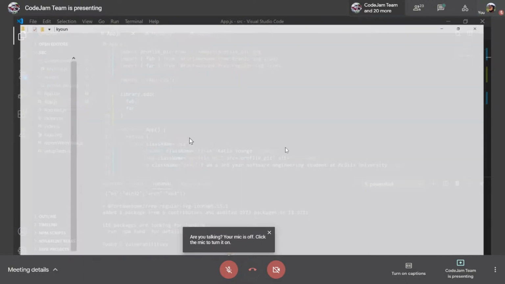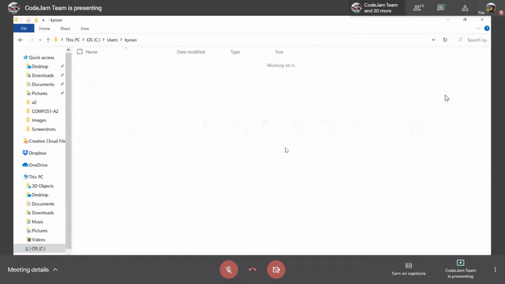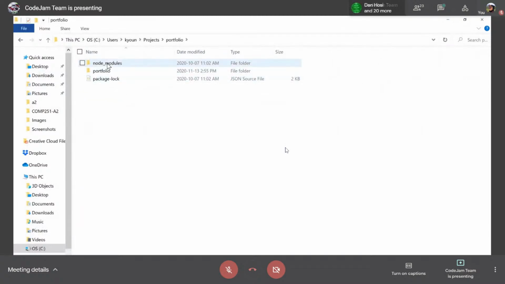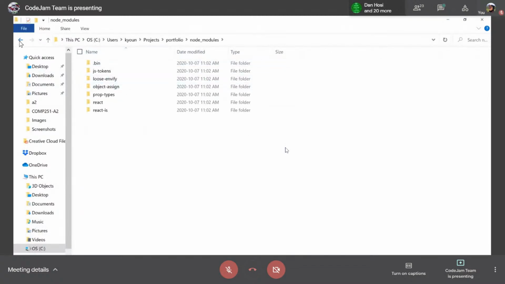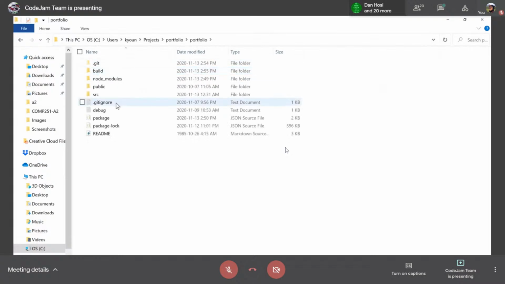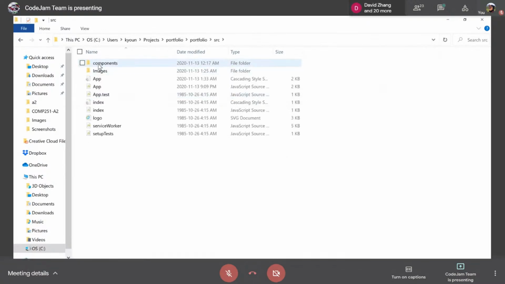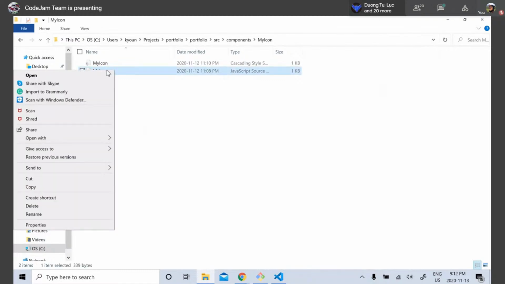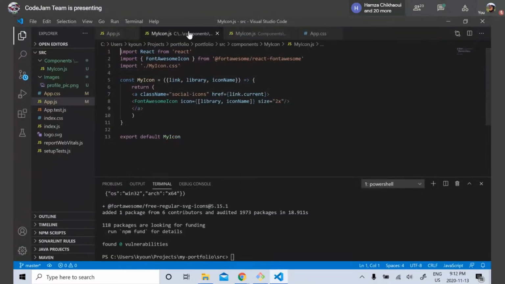And the step before is here, which is opening projects, portfolio. Nope. Portfolio again, source, components, my icon. I think if I do this, yes, God bless. It's going to save my life. Okay,